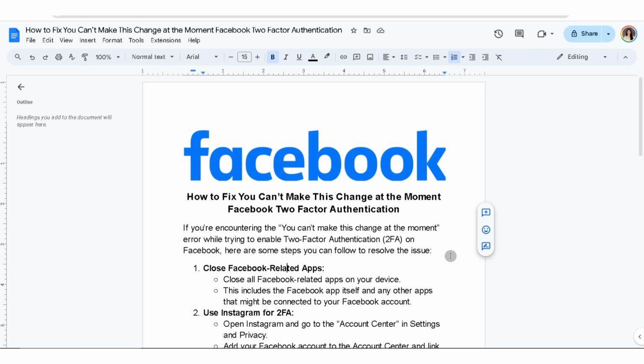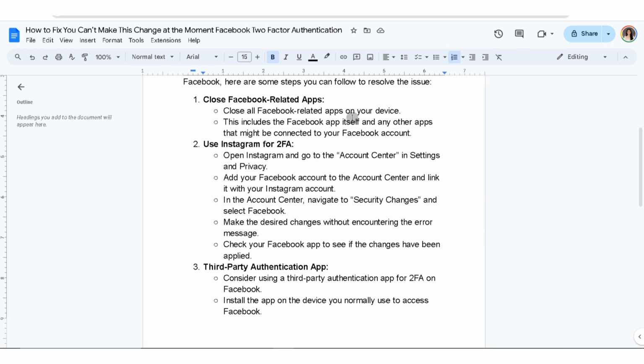The second thing that you can do is to use Instagram for 2FA. Open Instagram and go to the account center in settings and privacy. Add your Facebook account to the account center and link it with your Instagram account. In the account center, navigate to security changes and select Facebook. Make the desired changes without encountering the error message and check your Facebook app to see if the changes have